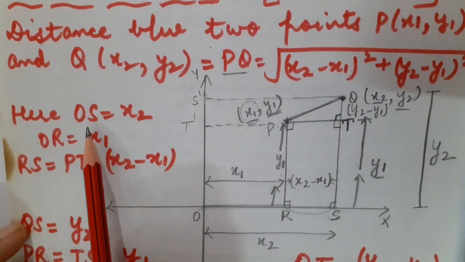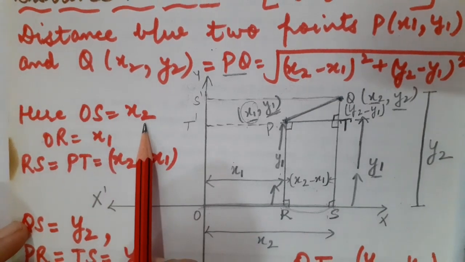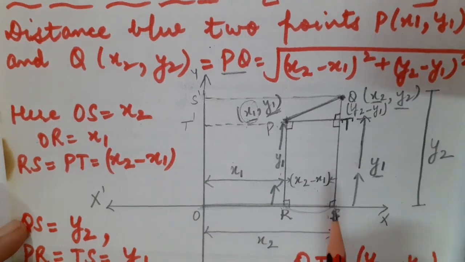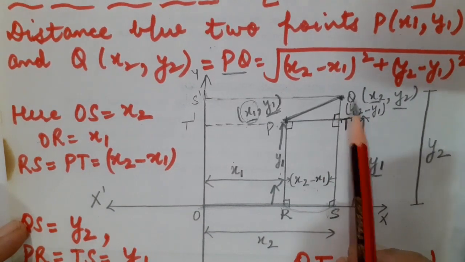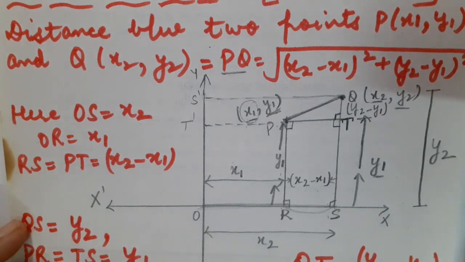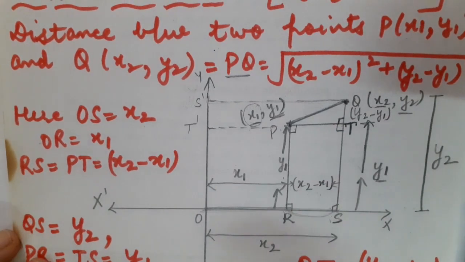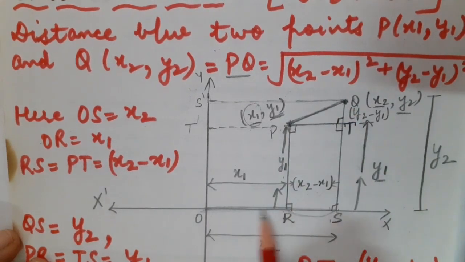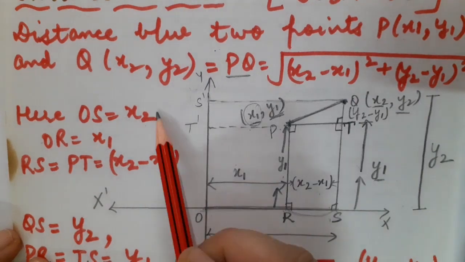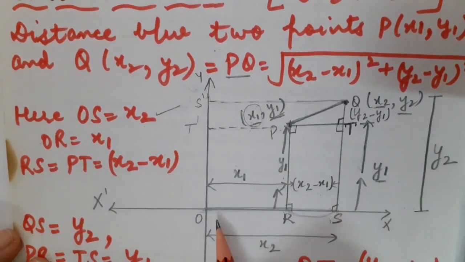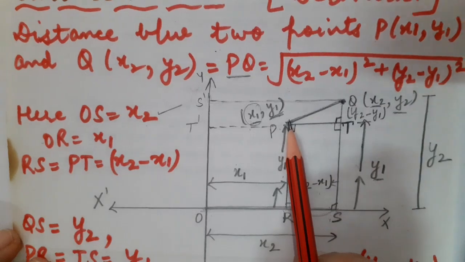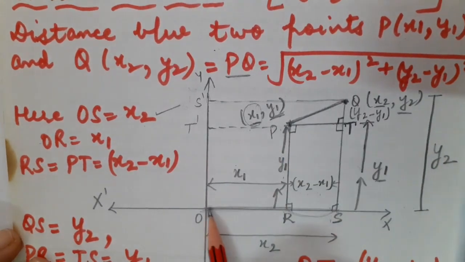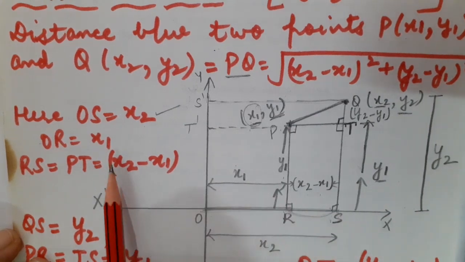So children, here you can see that OS is equal to x2. What is this OS? This complete distance. Fine. This is the distance of the coordinate. Which coordinate am I talking about, children? Correct. This is the x coordinate. So the distance of the x coordinate from the y-axis is completely equal to x2, that I have just explained to you through the diagram. Now let us talk about OR. Now I have to again take the distance of the x coordinate, that is the abscissa, from the y-axis. So this is complete, equal to OR, that is equal to x1.